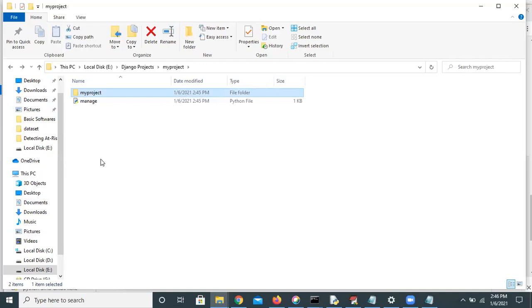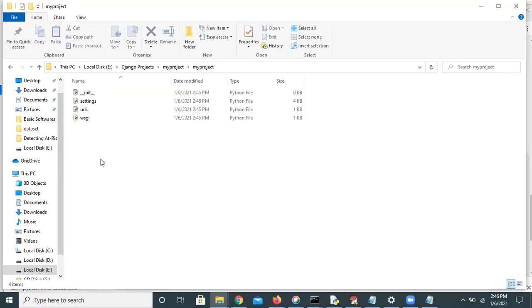This is the structure of a web application in Python. That means first we have a project folder. Inside, we will create one more folder with the project name. And the third one is the manage.py file. And inside the project folder there are a number of files.